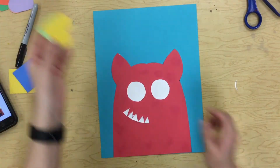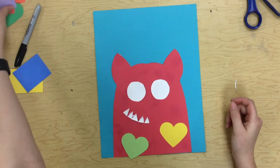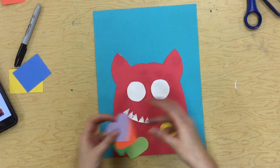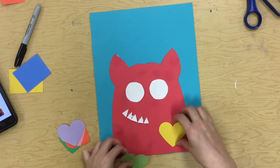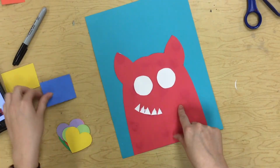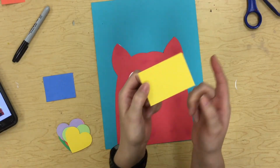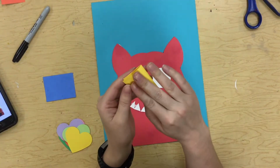I'm also going to have some little hearts punched out if you want to use these, or you could also cut out your own if you want smaller ones. The way you do that is pretty similar to the way that we cut out our monster. So what I'm going to do is take a small piece of paper and fold it in half,